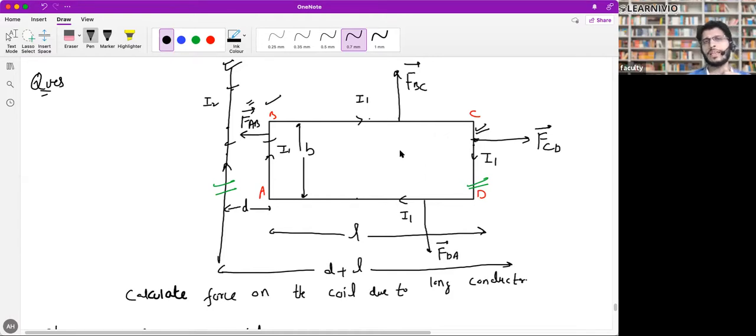So that was the last question on this concept. Now we'll start current carrying loop, and we will relate this current carrying loop to galvanometer, ammeter, and voltmeter. This is the last section of chapter number 4. Current carrying loop and magnetic dipole.